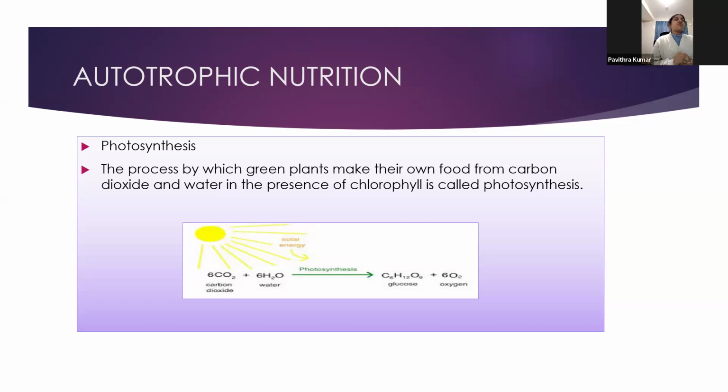This process is called photosynthesis, and the plant plays the major role. It is the process by which green plants make their food from carbon dioxide and water in the presence of chlorophyll and sunlight. When we are going to cook a dish, we have some ingredients, and we use some tools, and we throw away some trash, right? Like that, photosynthesis is happening.